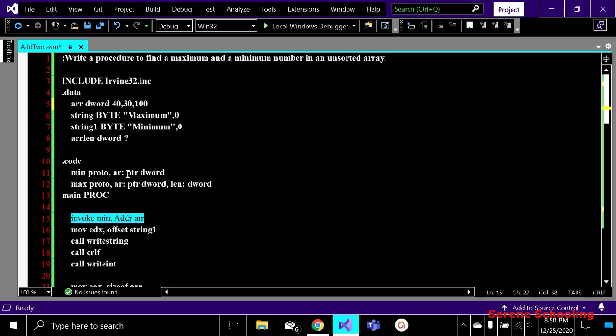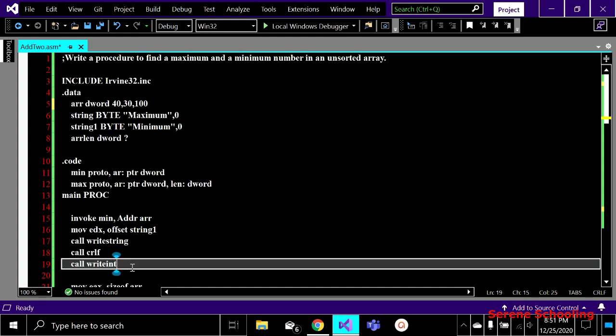You can see I am writing two procedures, one for the minimum value and one for the maximum value. I am just going to explain the minimum scenario. You can write the code for the maximum yourself, or I will show you the code here, but I'm just going to explain the minimum because this is very simple. Right now you must be okay with procedures. After invoking the minimum function, we will get to know our minimum value, so we will just display minimum and then that minimum value on the screen.